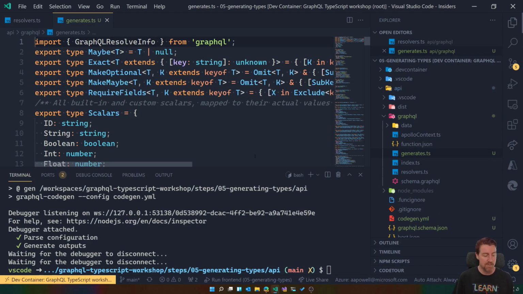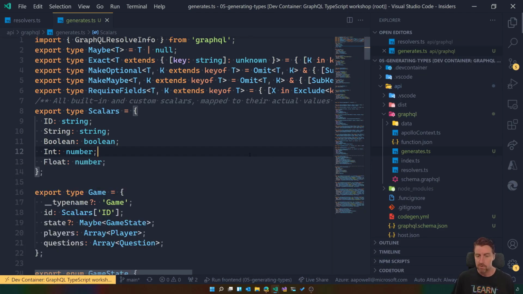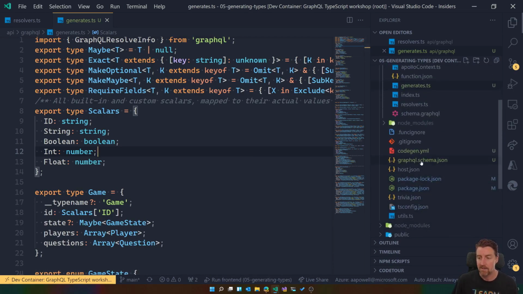Now you probably want to add the generated, and sorry, let me just close off the terminal so we've got space back. So this generated.ts, the GraphQL schema, and the GraphQL schema.json file, you probably want to add those to your git ignores, just because these files churn quite a lot. Every time you run the generation, those files are going to be updated, and it could create a lot of noise in your git history. I tend to put them in